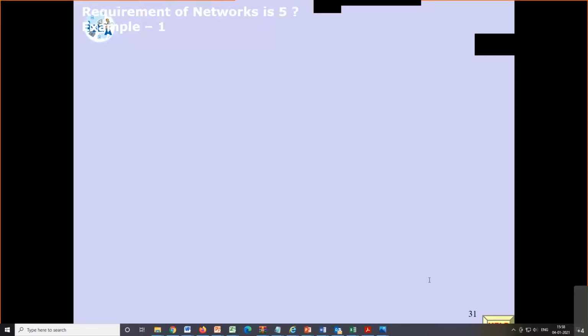Suppose let's say you have two network cards. If the two computers are connected to each other, whichever network card is connected, only that one they will talk to. Let's say one is a network card, one is a Wi-Fi card. If any other Wi-Fi device is there, they will talk to each other. See, let's say there is a Wi-Fi router at your home.